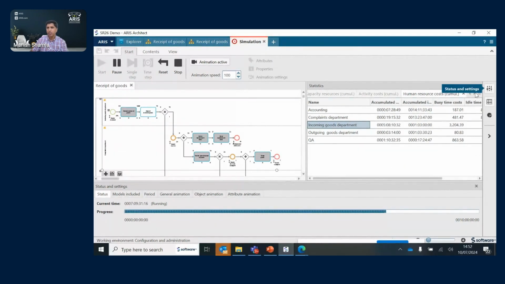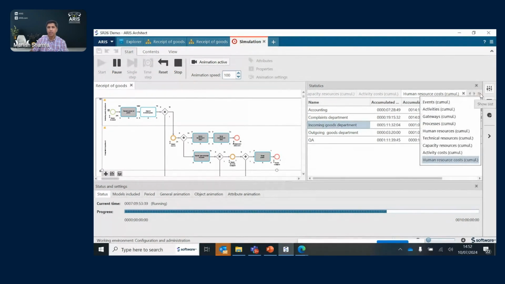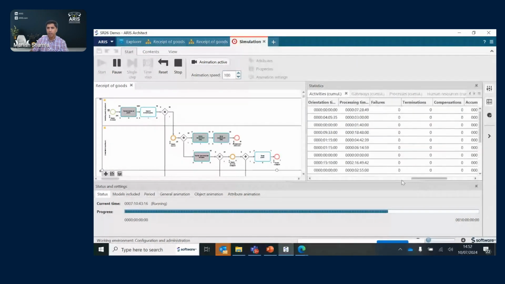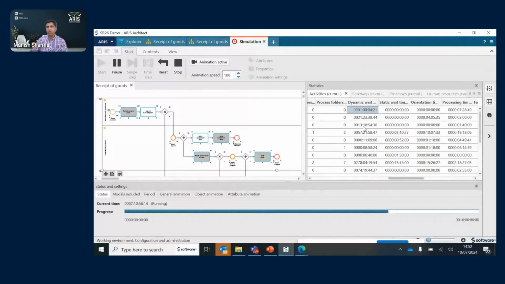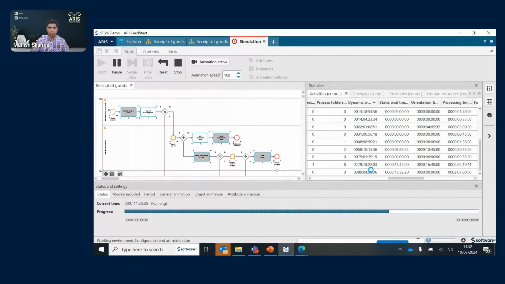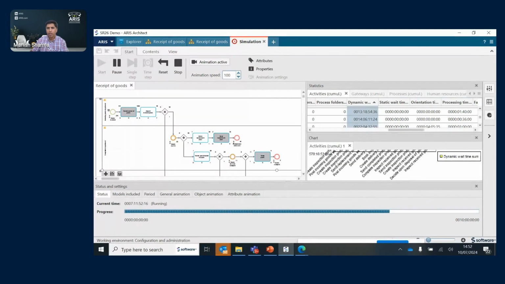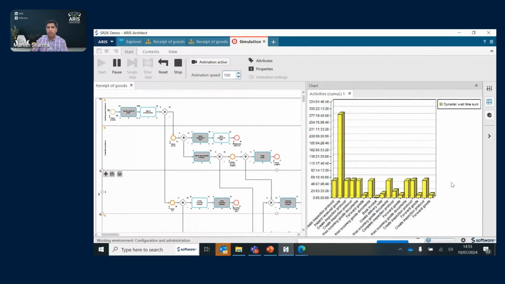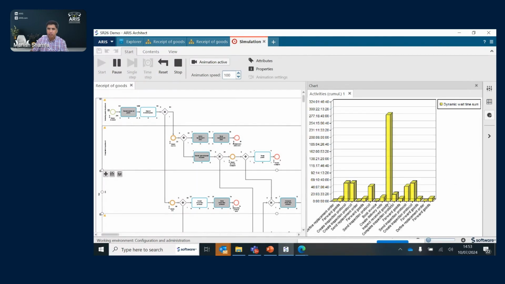And if I go back and talk about charts, I think instead of looking at it manually, you can look at it in a chart, which gives a better idea about things, a perspective. So if I go back to the dynamic wait time and select this, I'll select all of them and then create a column chart. So that's the wait time, dynamic wait time. I'm seeing that in